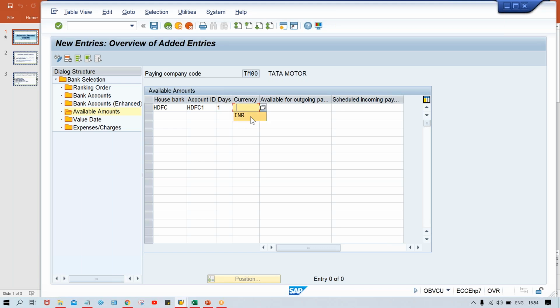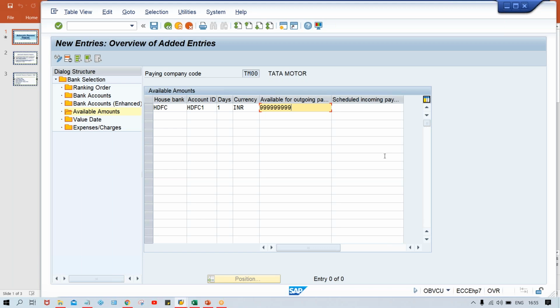Currency, and here available amount for outgoing payment. So here if you want to provide restrictions also, it can be like, let's suppose HDFC. What is the maximum amount which is going to be maintained in HDFC, right? Let's suppose in HDFC we maintain only till 1 lakh. So available amount means that is the maximum limit.